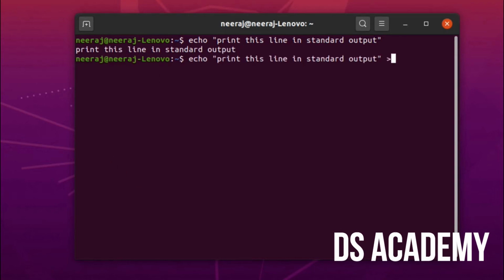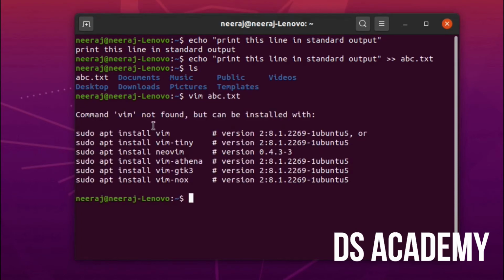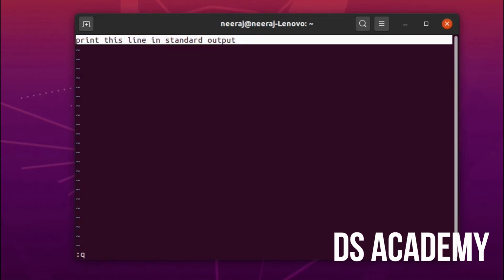And if I append it to some abc.txt file, and say ABC, it has appended the content in the particular file.